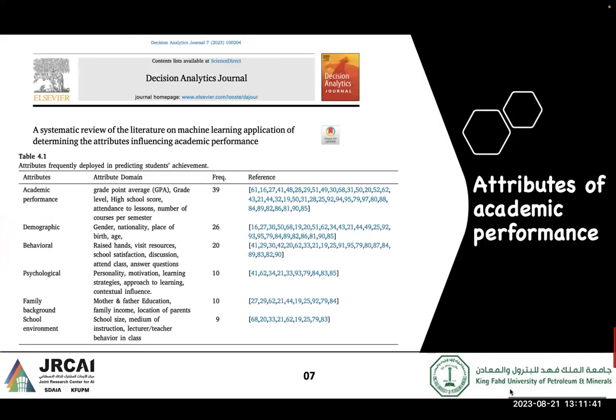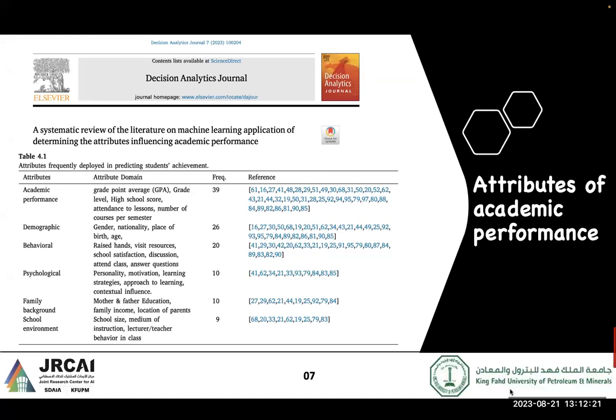So now, when it comes to student performance prediction, what kind of attributes are we interested in? We can see from this recent study published this year that they have highlighted different kinds of attributes that can be useful for extracting knowledge. On the table, we have around 6 categories of data that can be used during the prediction of performance. You can see here academic performance. This is the most widely used